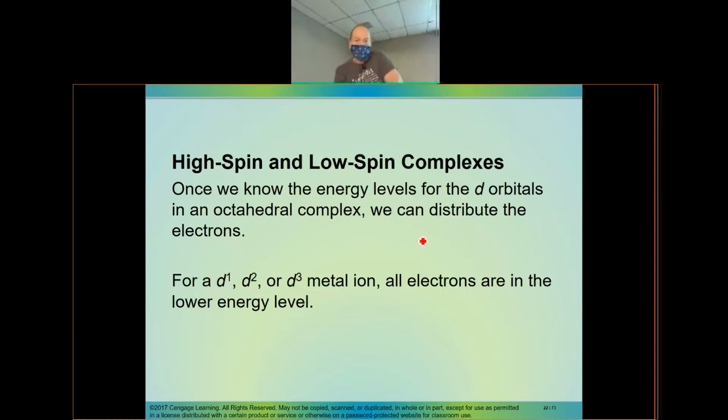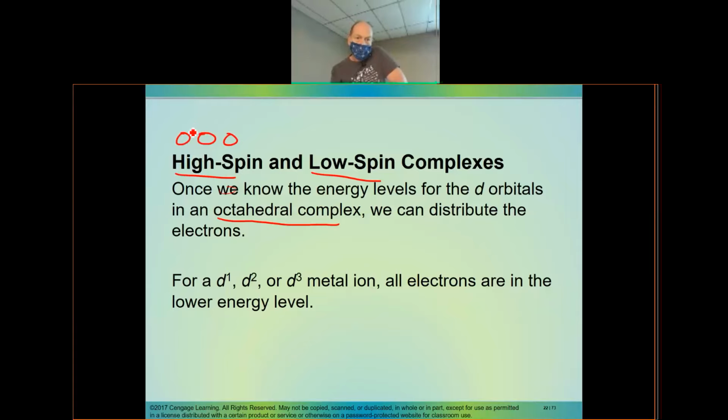All right, now when we have octahedral, we're going to talk about high spin and low spin. So octahedral can have high spin or it can have low spin, and you have to be able to predict which one would be a high spin, which one would be a low spin. All right, now a high spin, and what it means is if we have our orbitals,